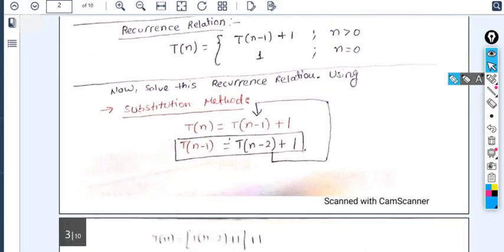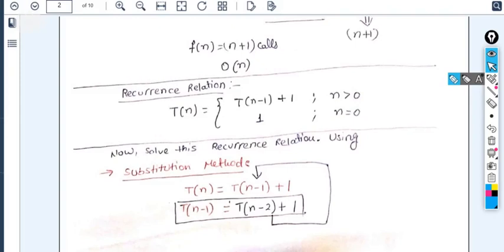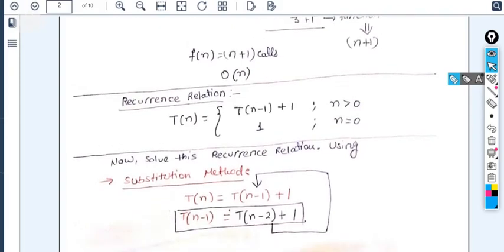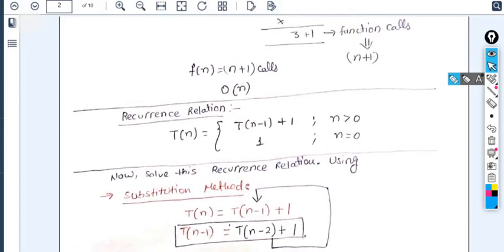If n is equal to 0, we cannot write 0 here, because mathematically 0 means you don't have anything, but here we have something to print, so by default we will take it as 1. In case of 0, constant time will be there, and you can write any constant, c, x, y, z, anything. So constant will be there; you will not write 0 over here.